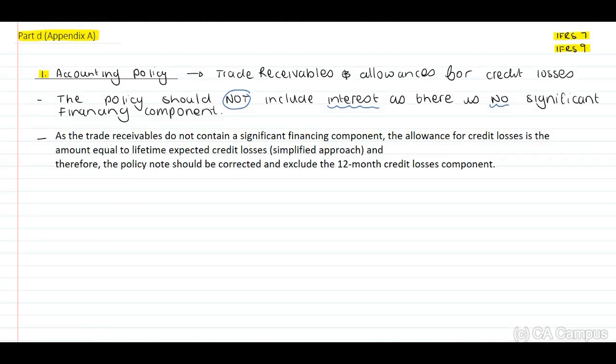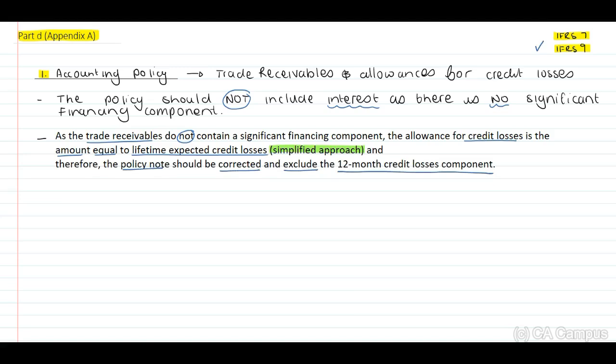I've included our discussion as trade receivables do not contain a significant financing component. The allowance for credit losses is the amount equal to our lifetime expected credit losses, being the simplified approach. And therefore, the policy note should be corrected and exclude the 12-month credit losses component. Okay, so guys, in terms of the accounting policy for trade receivables and allowances for credit losses, we have now